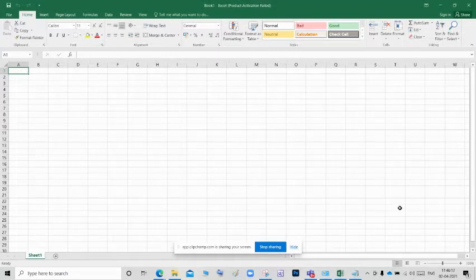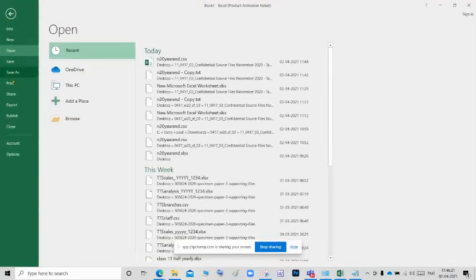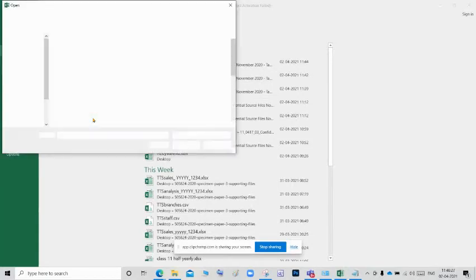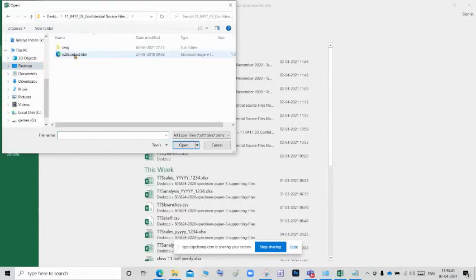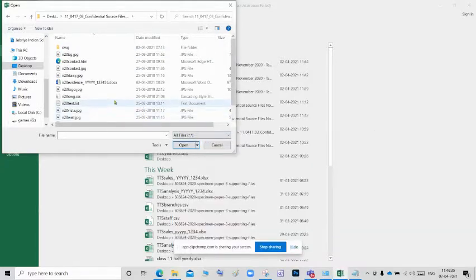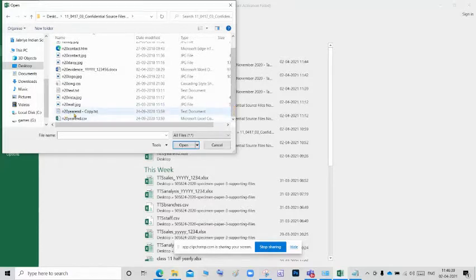Okay, we open a new Excel workbook. Go to File, click Open, go to Browse, go to your work area, the desktop, and select all files. If you choose all files, it will come. So select n20 copy.txt and click Open.